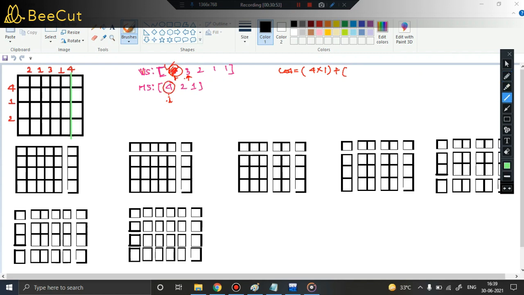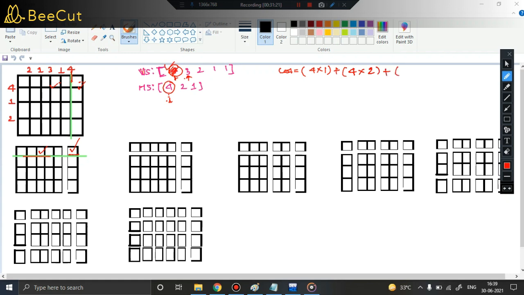So perform a horizontal cut by picking up this edge 4. So I will perform a cut here. Now when you perform a cut here, we will include the cost of this edge into the number of horizontal parts. How many horizontal parts were there? 2. Why? Because previously when I used a vertical cut, the horizontal parts increased by 1, because you had this part and this part separate. So 4 into 2.